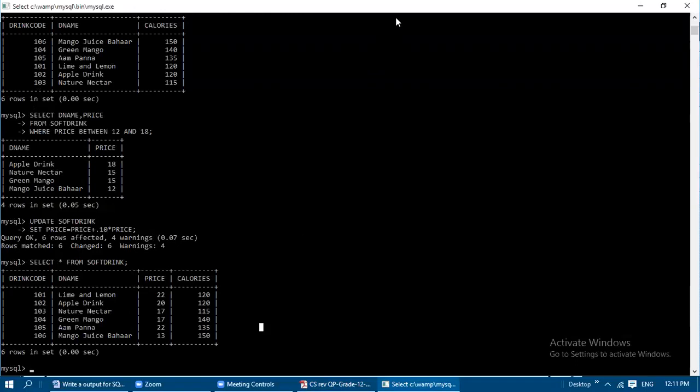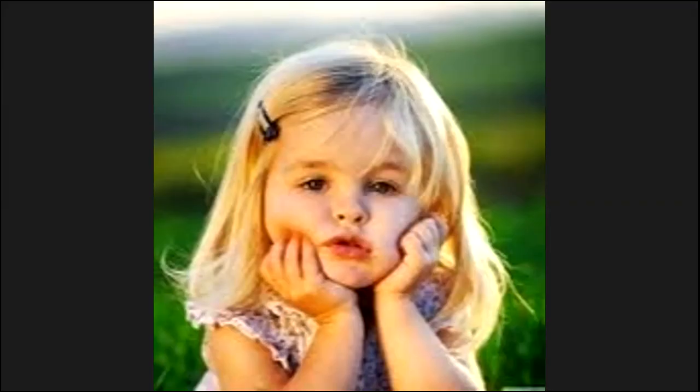So the last query is for updating the value of the existing price. Okay, so the first three commands are for selecting and displaying the values. So I think now you have understood this exercise properly. Then next we will see another exercise. Like that we will see some more exercises in MySQL until you are clear with all the topics. Okay, thank you.